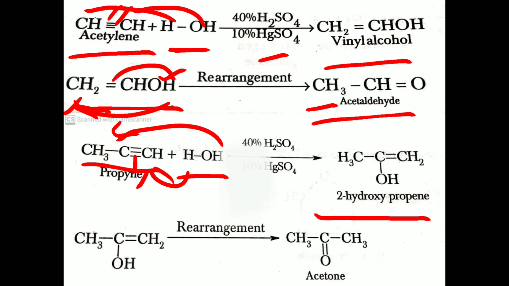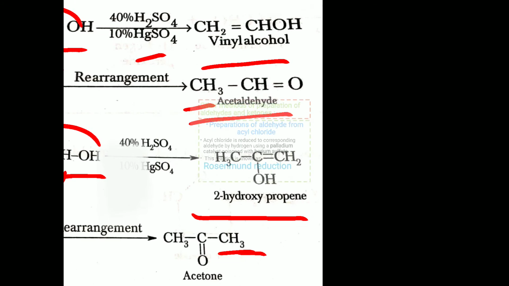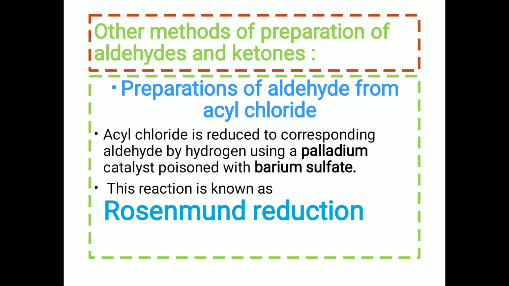When it undergoes the rearrangement reaction, or simple isomerization reaction, this H has to be passed from this carbon to this carbon, that means the atom has to be transferred or rearranged from bond to atom and then atom to bond, and there is the CH3 here, and the double bond is shifted from this carbon to this oxygen, and there is C double bond O, that is the formation of acetone, CH3 C double bond O CH3.